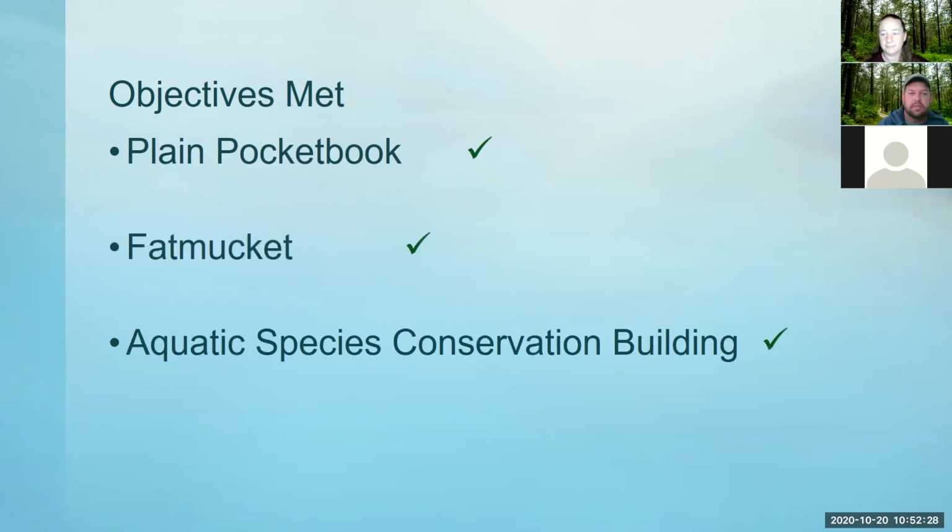So I guess the objectives have been met so far. The Plain Pocketbook, we did create the 3 different